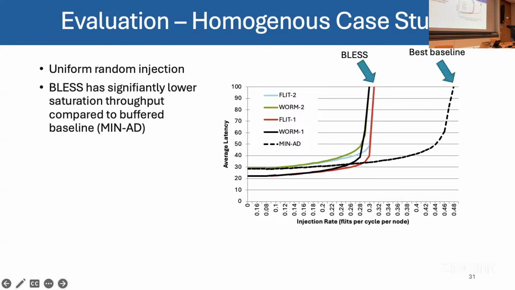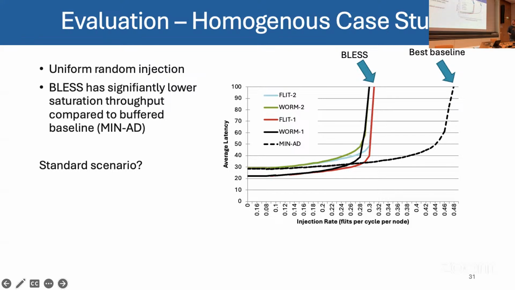So there we can see BLAS. Basically, the latency skyrockets much earlier than with the best baseline, and actually with all the baselines that we evaluate. So now the question is: is such a high injection rate, above that threshold, a realistic scenario, or are most of the scenarios that we evaluate basically below that